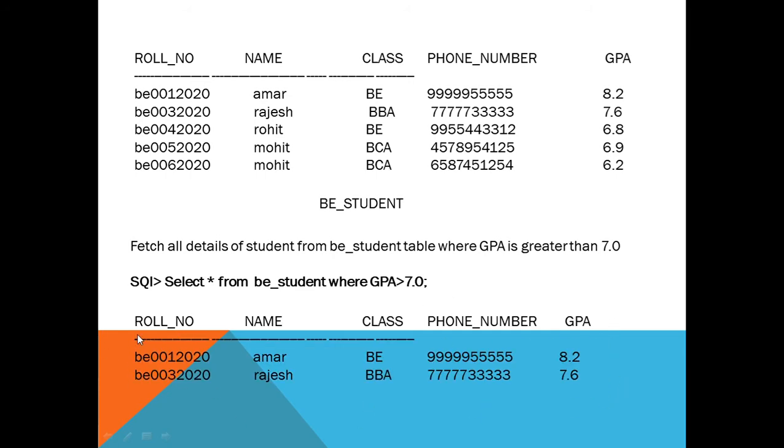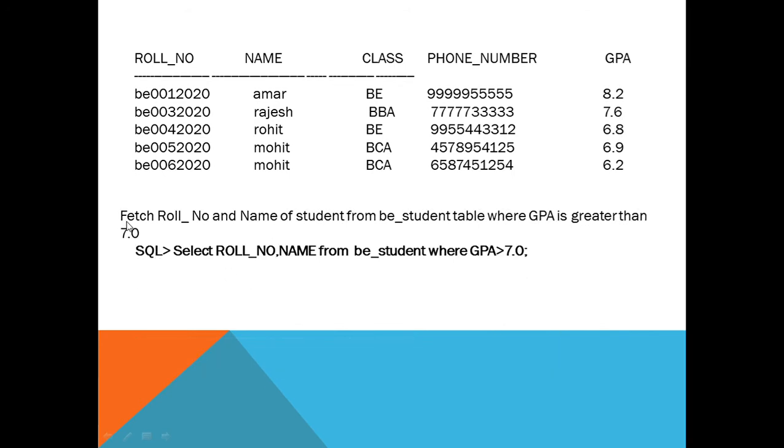This will be the output: the roll number, name, class, phone number and GPA, because I am fetching all details with asterisk. Here GPA is more than 7.0. Now Amar and Rajesh have more than 7.0. You can see roll numbers B0001 and B003, Amar and Rajesh, having 8.2 and 7.6 GPA.